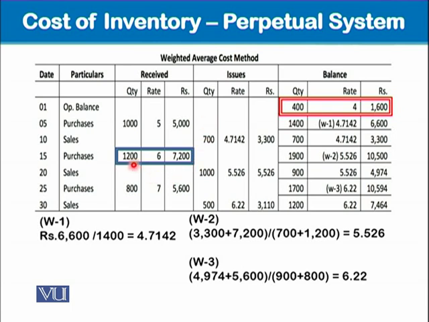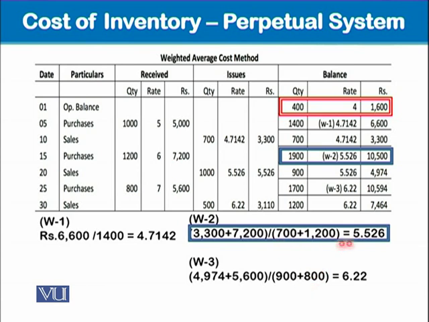All right. What happens now? We are buying 1,200 units at 6 each, 7,200, and total is 1,900. And this 3,300 plus 7,200 is 10,500. Yes, that's it. And here we go. We have to calculate its cost per unit by dividing this 10,500 with this 1900 here. Okay, got it? This is 5.5 to 6, and this issuance will be made at 5.5 to 6, so that our cost of issuance is